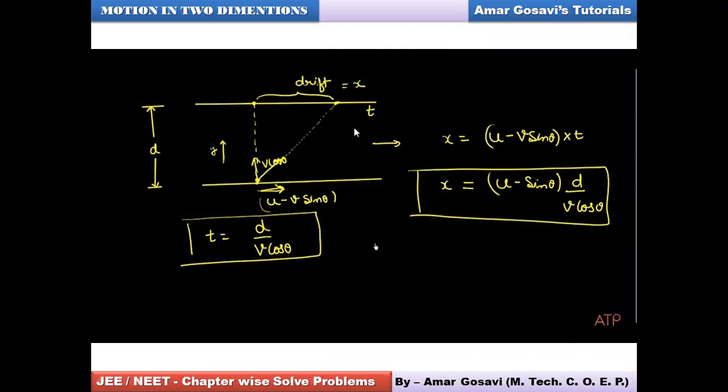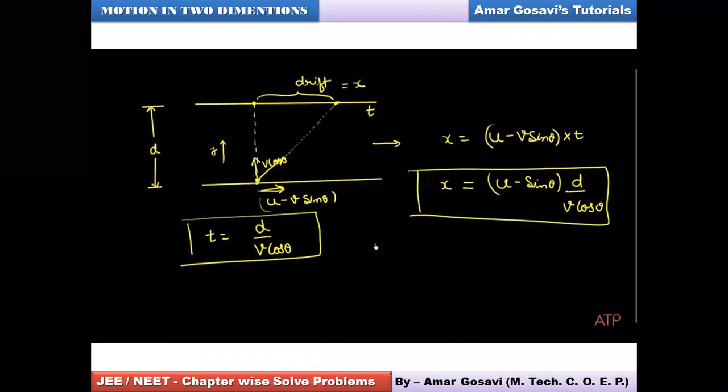Second, you can find out the time. And third, if other things are known to you, you can find out the angle with which the swimmer should move so that the person reaches exactly the opposite side of the bank. So please make a note of it. Very, very important slide so far as entrances and basic logic are concerned, so far as motion in 2 dimensions is concerned, friends. Once you are done with it, let me know so that I can give you a problem to be solved then.